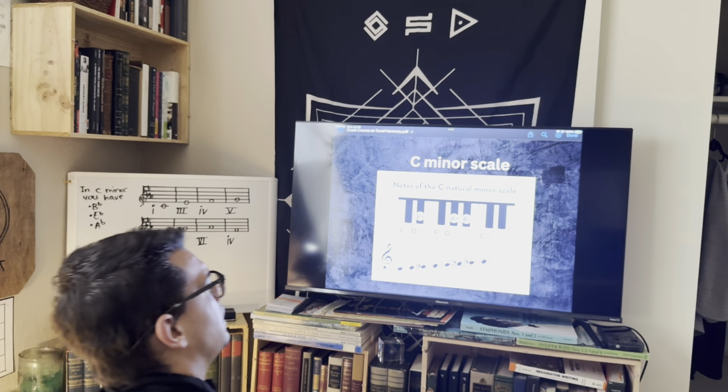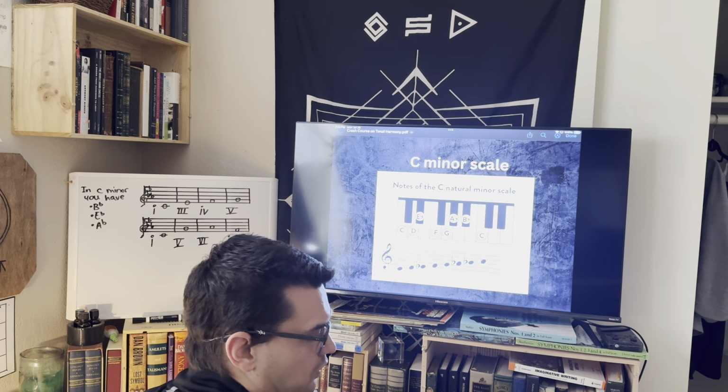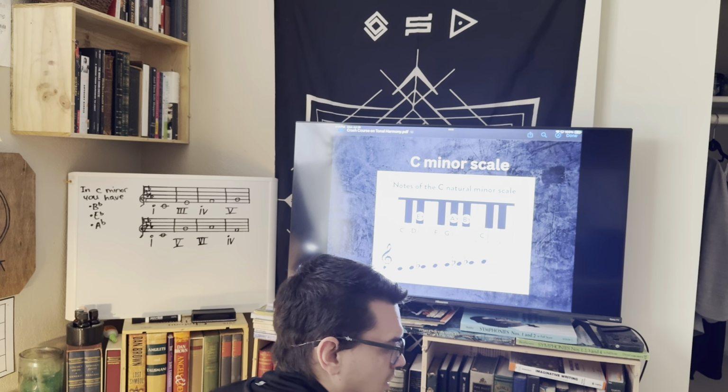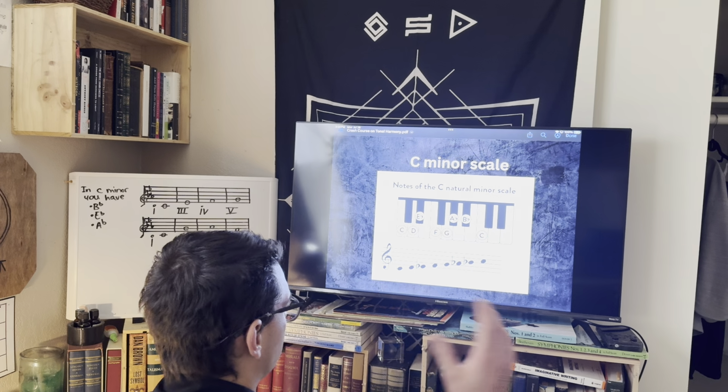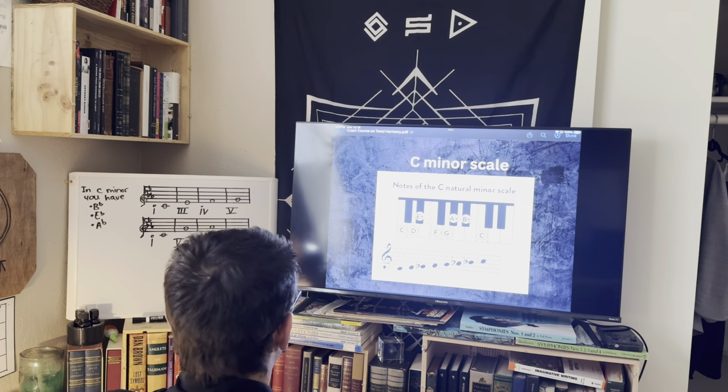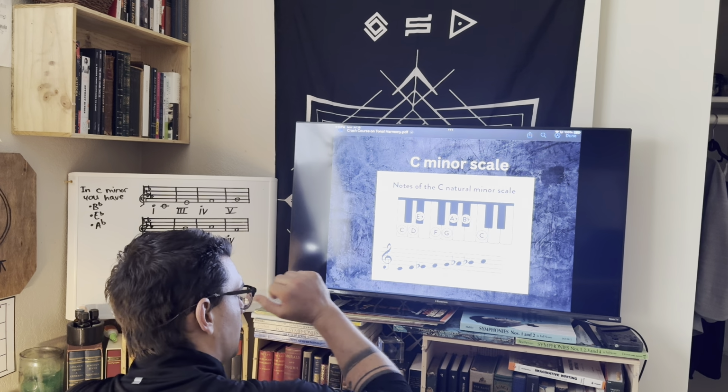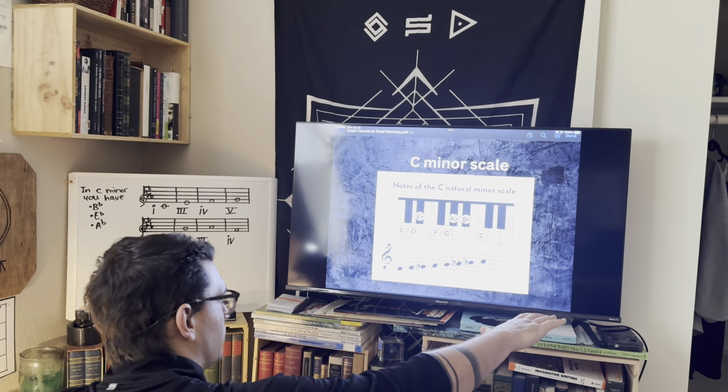Songs written in a minor scale are a little bit more accessible and just for whatever reason sound better to the listener than in a major scale. So for the purposes of this lesson and this demonstration, we're going to be using the C natural minor scale,